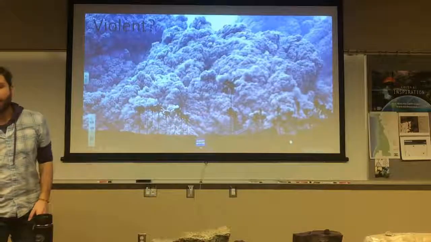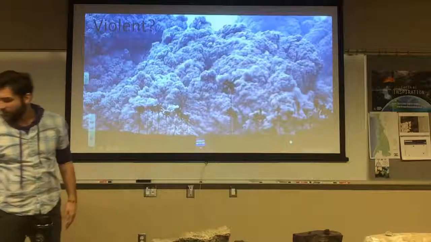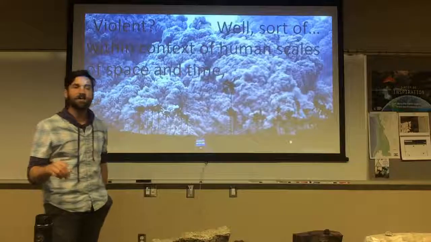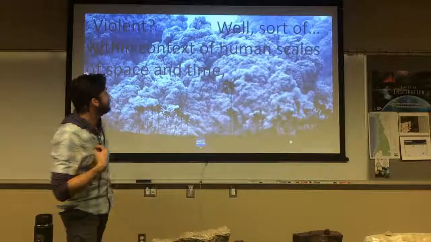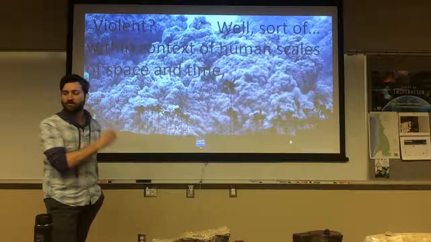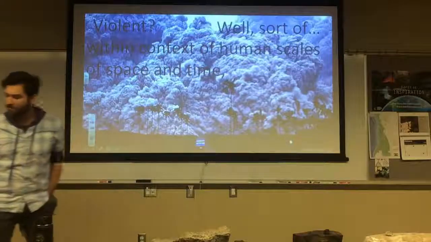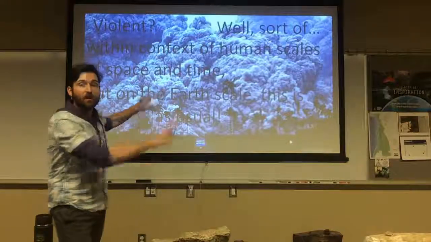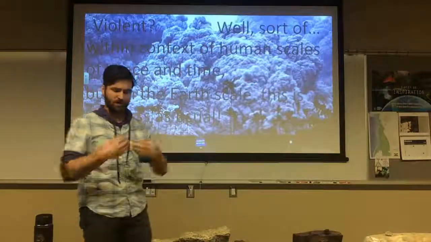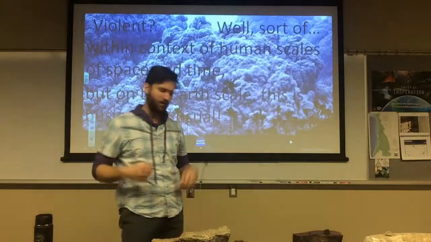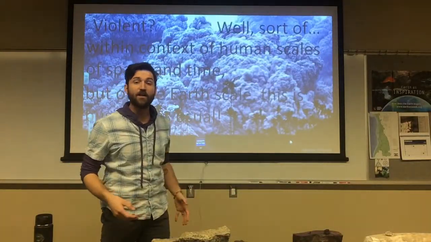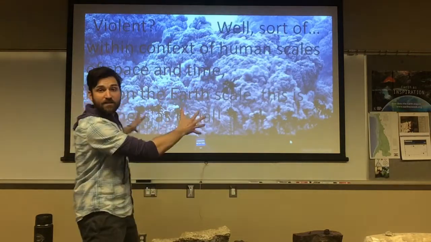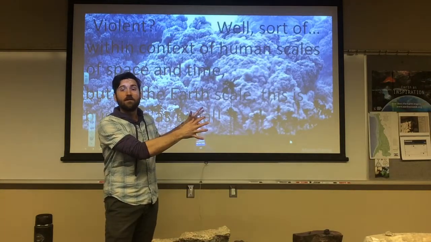But, okay, violent, yeah, right? To the human eye, sort of, okay? Within the context of us, of humans, this is a magnificently violent event, right? In our space and time, yes, but this is business as usual for the Earth. The whole last part of this lecture, the making of crust, where we have divergent plate boundaries, decompression melting, and flux melting, making granitic crust over the last 3.5 billion years of Earth history, is this. This is the way that it happens, okay?